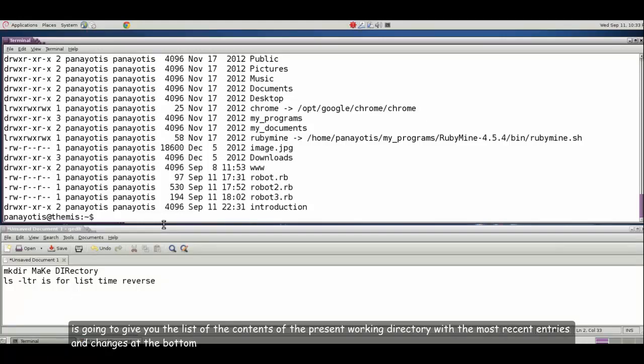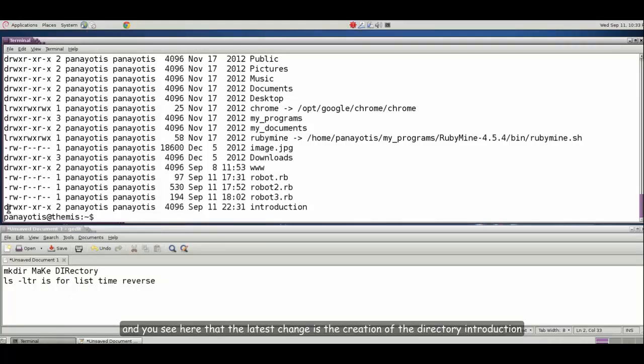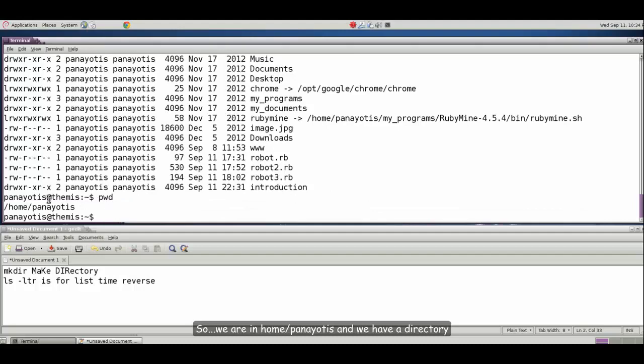And you see here that the latest change is the creation of the directory introduction. This d indicates that we're talking about a directory. So we are in home Panayotis, and we have a directory inside home Panayotis which has the name introduction. What if we